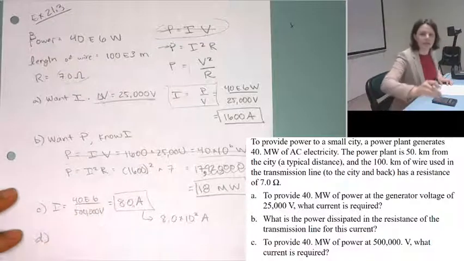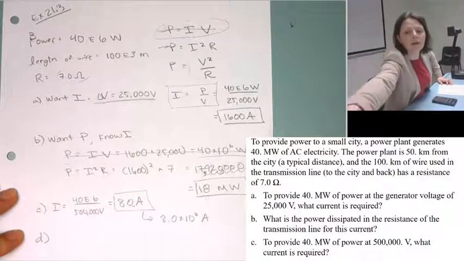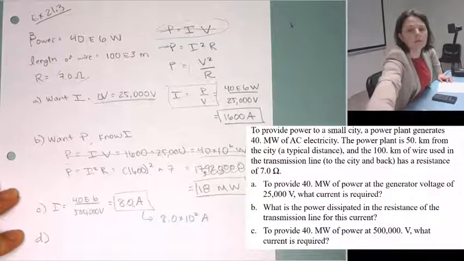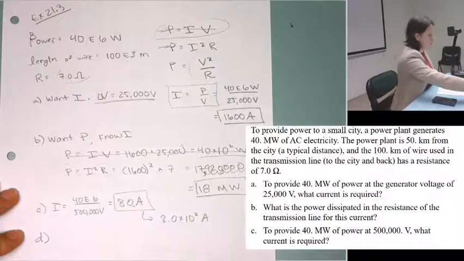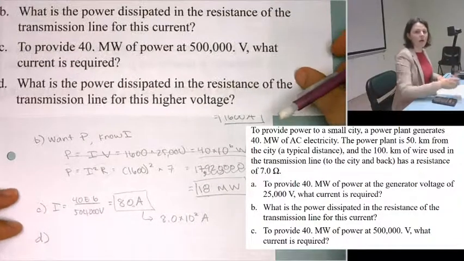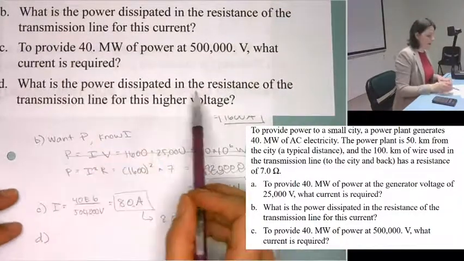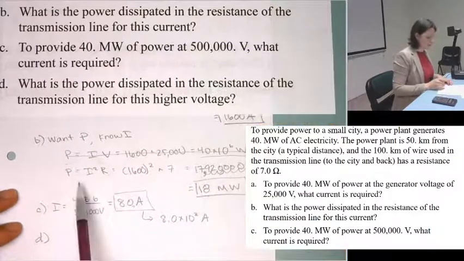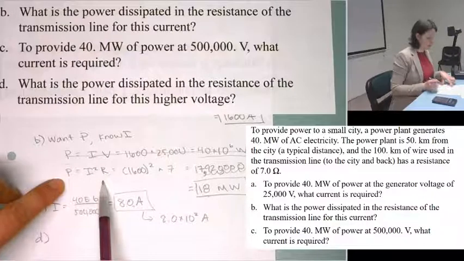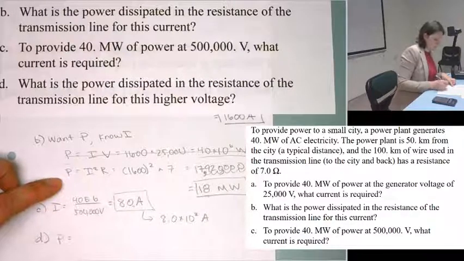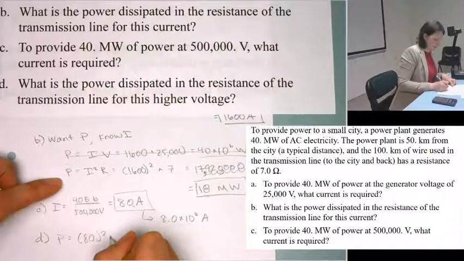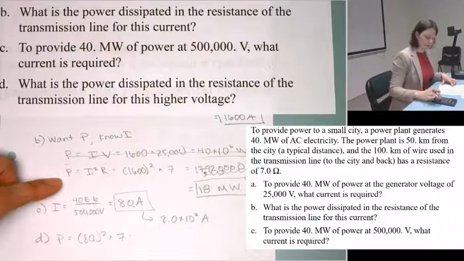And for part D, which I have cut off, well, I guess we're not going to see part D. I'll put it up here. What's the power dissipated in the resistance of the transmission line for this higher voltage? So let's redo what we did in part B. So we'll do I squared times R. And now we use our 80 amps times 7. 80 squared times 7 gives me